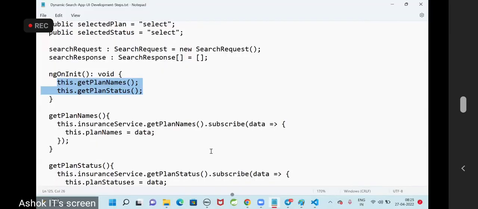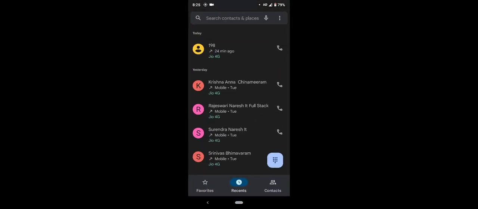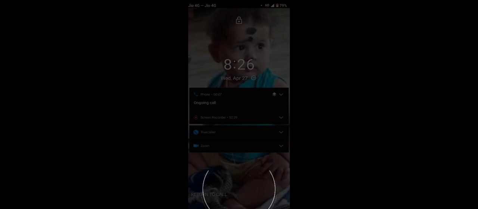Then we handle the button when the user clicks on search. Whatever plan they selected, I'm storing into this. That I'm storing into the request. That request object I am passing as